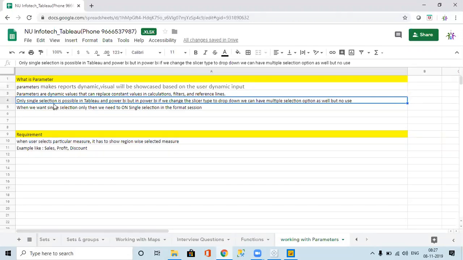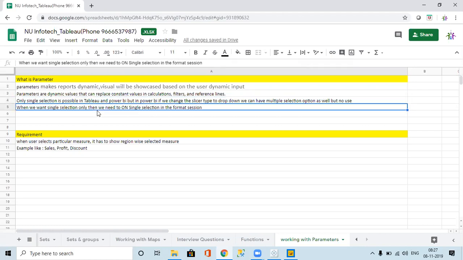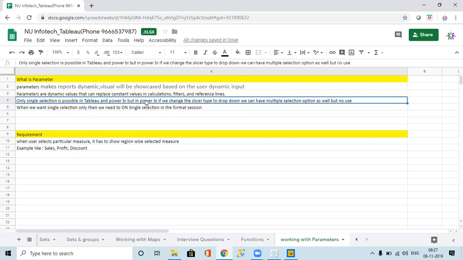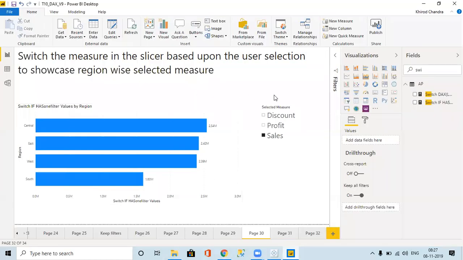Only single selection is possible in Tableau, and in Power BI we can change it. In the slicer option we get the dropdown. There multiple selection will be coming, but there is no use. If we want to use the parameter, we want to use the single selection only. On multiple selection we can write the SWITCH statement. In Power BI we can use HASONEVALUE, all these things.